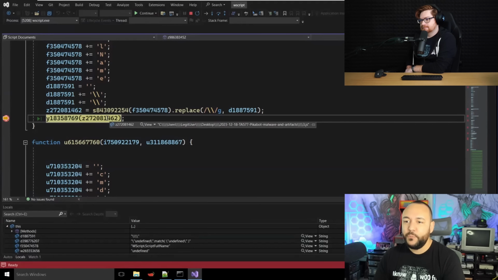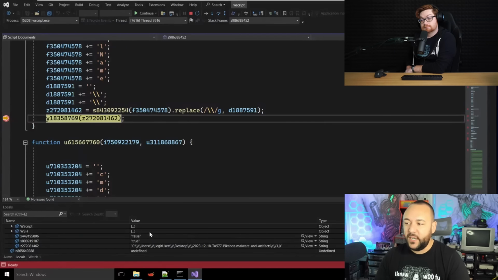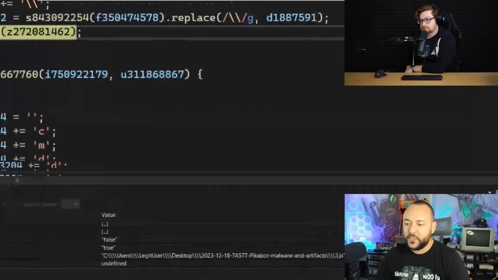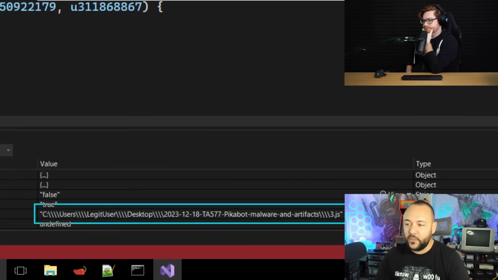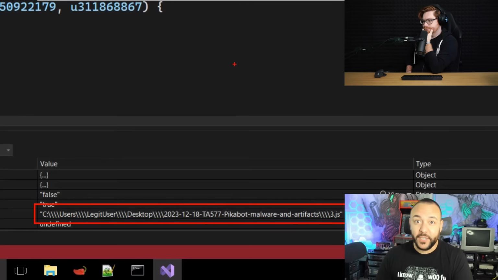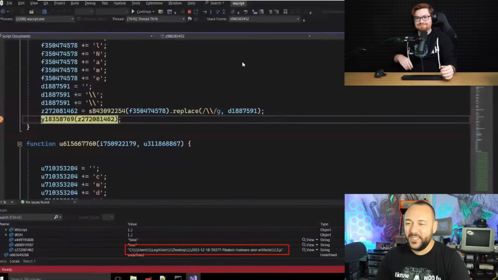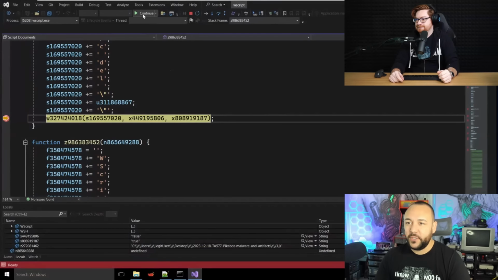So I continue, and let's see, what did it build out this time? Okay, this time it built out the location of the script itself. If I zoom in and go down here, you'll see that it has grabbed the location of the script. And spoiler alert, it's going to try to delete the script because it's already running in memory. We'll see that very shortly.